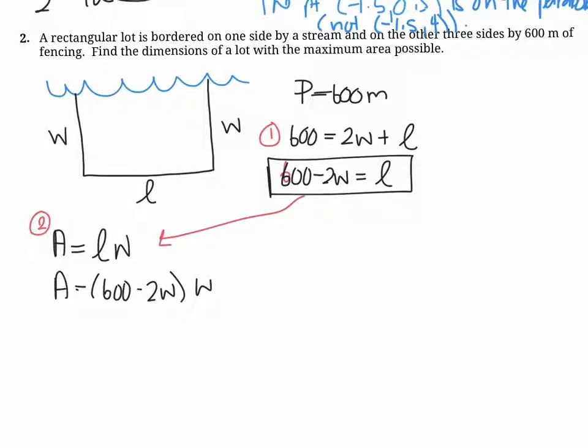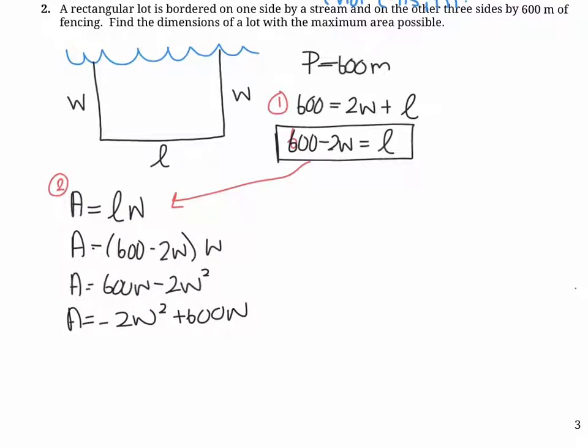What to do now? Well, we're looking for the maximum area, right? Well, we have a parabola, or do we have a parabola? We don't know. Do you notice that if we expand this, we're going to get W squared? So because of that, let's expand this in, and let's just make sure we do have a parabola. So I'm going to write this in standard form. I'm going to move the W squared first. And now we have a parabola that we're going to find the vertex of.